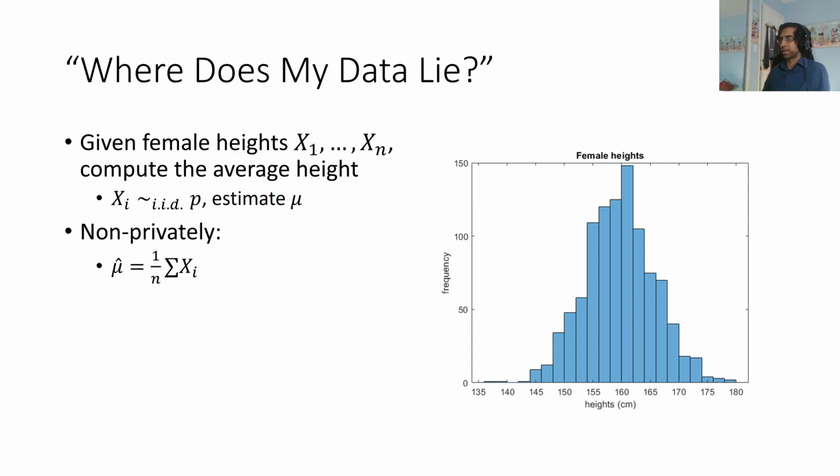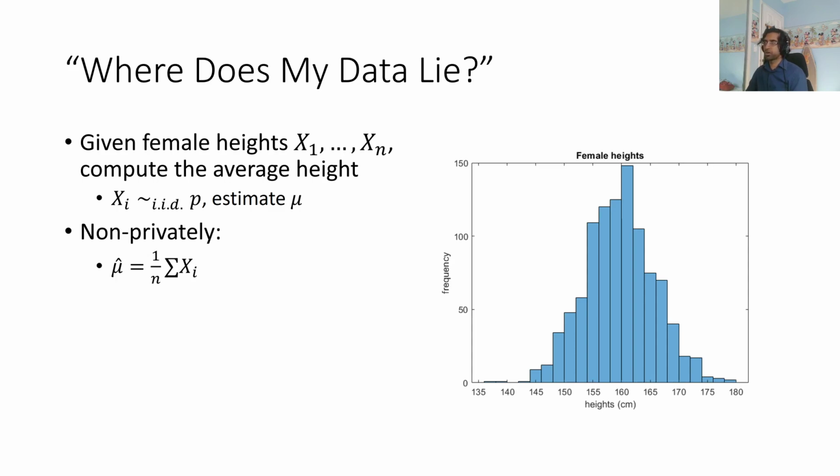This will still work and give you a pretty good estimate of the mean, regardless of where the data lies. However, the same is not true under differential privacy. In particular, recall that we were trying to say that adding or removing a single point shouldn't make the statistic change much. But imagine if a basketball player came along and she might be comparatively tall in this data set. That would shift the empirical mean up significantly. That would be perhaps non-private. So we have to cover for this somehow.